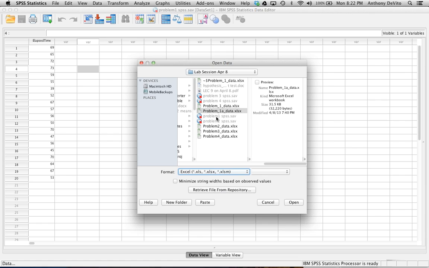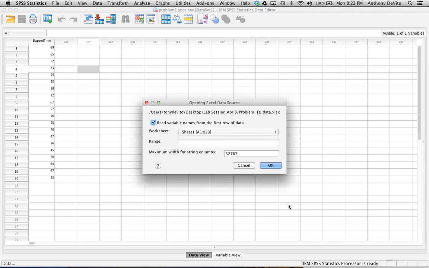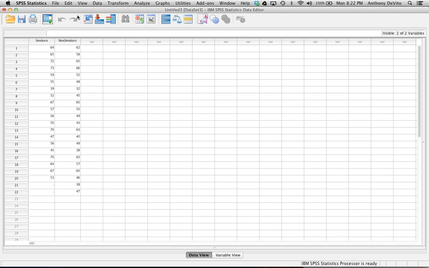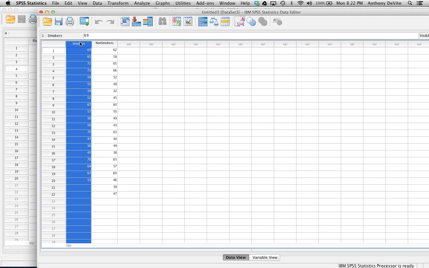Excel, 1A. I'm going to open it. I'm importing this file because I have it as an Excel file. Go ahead and import it. Okay. And now let's say that I did this, but instead of assuming that the smokers,